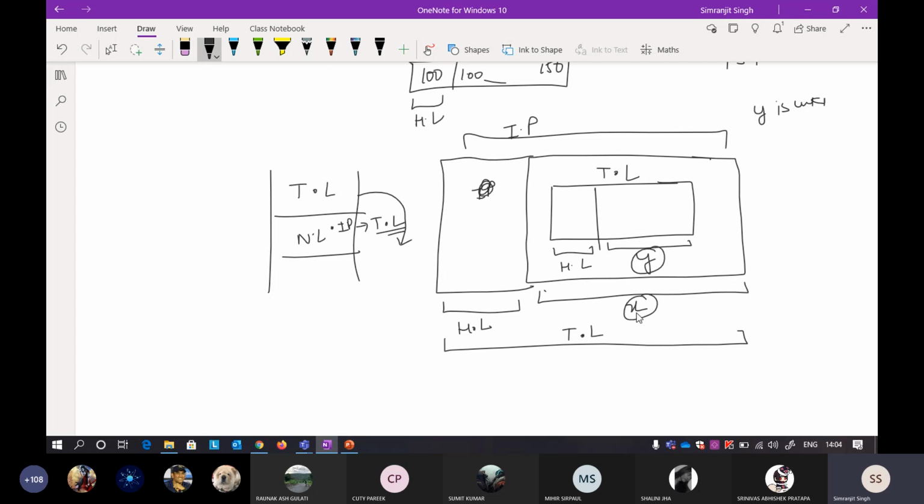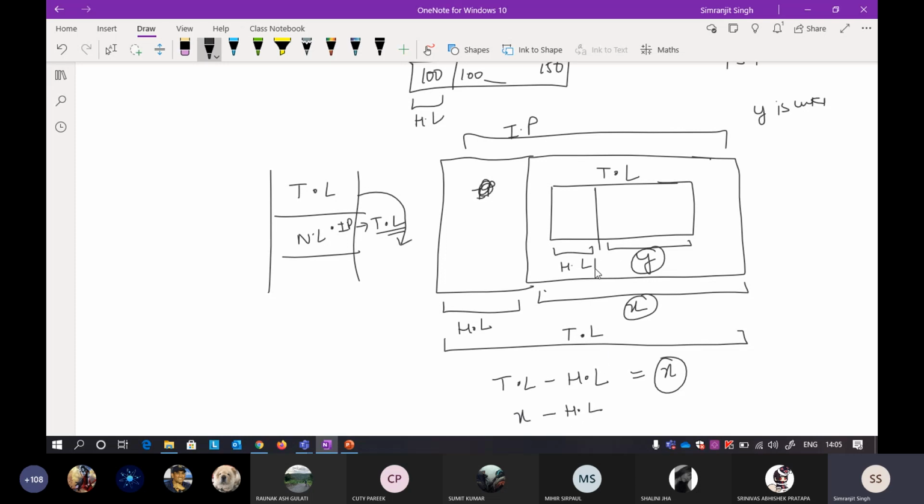So how to get the value of x? You take the total length field and minus the header length from it, and you will get the value of x. This x will serve as the total length field for this transport layer segment. Now you take your x and minus the header length from it.